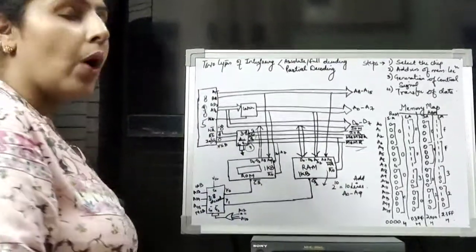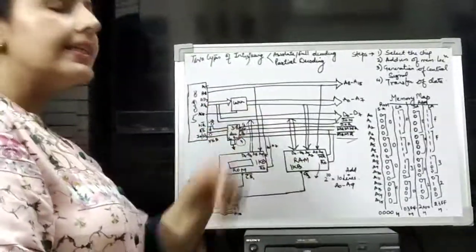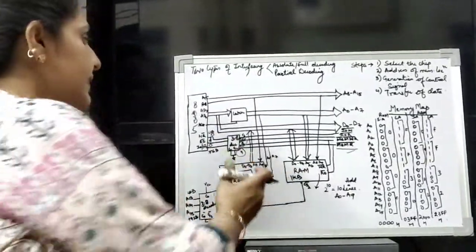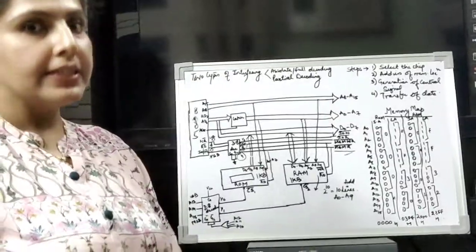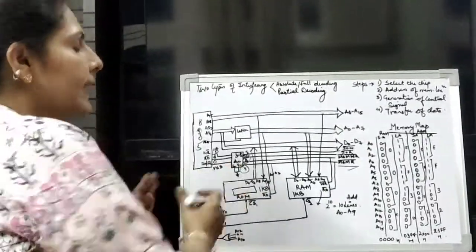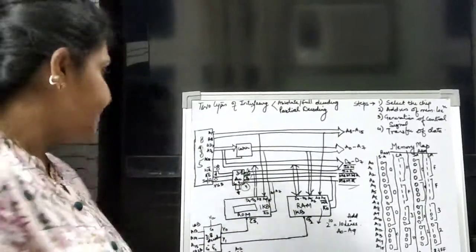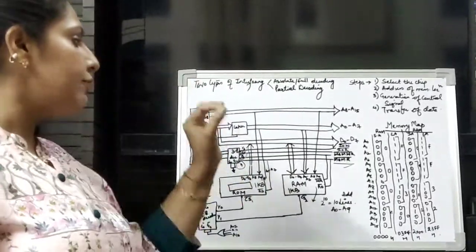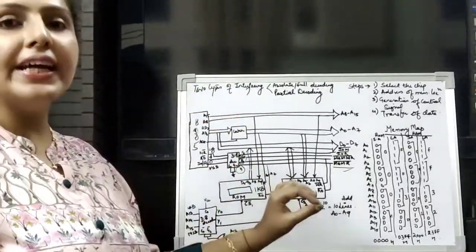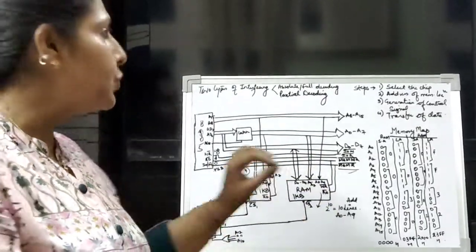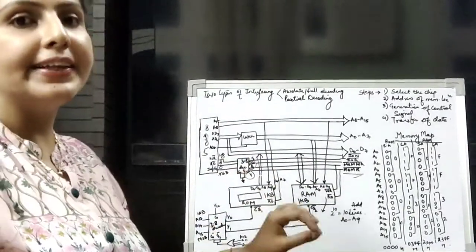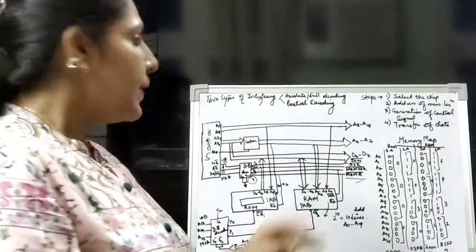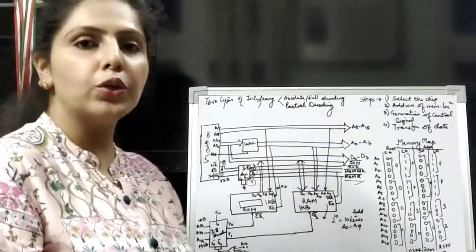One is ROM, read only memory, and another is RAM of the same size, that is 1 kilobyte. Just for your understanding, I have taken 1 kilobyte here. Now if it is 1 kilobyte, the first and foremost thing is to calculate the number of address lines used for internal decoding of registers. Now 1 kilobyte means 1024